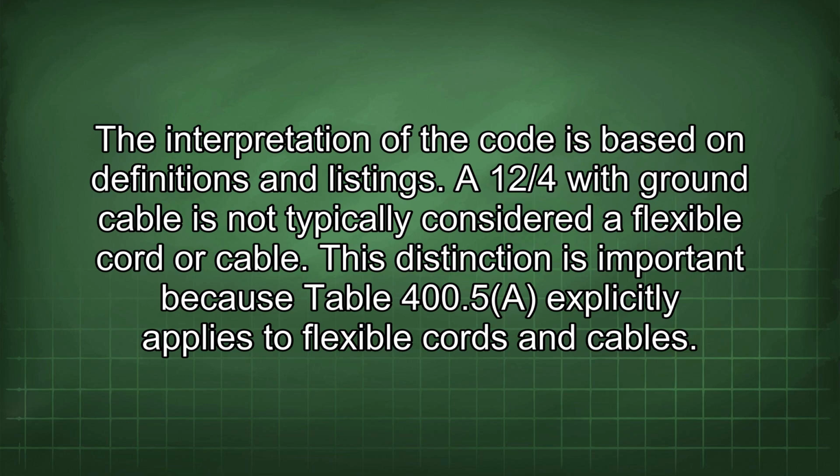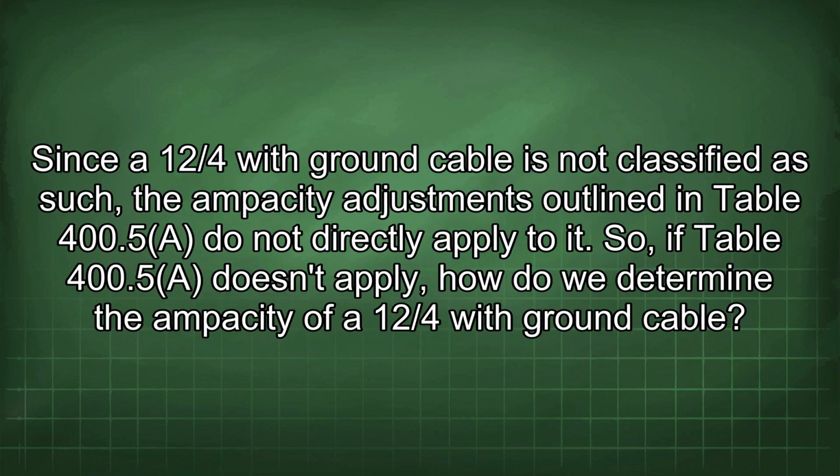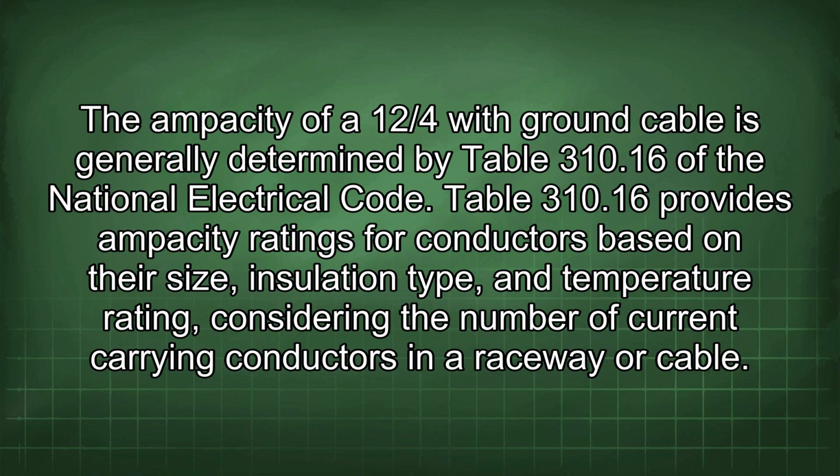This distinction is important because Table 400.5 explicitly applies to flexible cords and cables. Since a 12/4 with ground cable is not classified as such, the ampacity adjustments outlined in Table 400.5 do not directly apply to it. So, if Table 400.5 doesn't apply, how do we determine the ampacity of a 12/4 with ground cable? The ampacity of a 12/4 with ground cable is generally determined by Table 310.16 of the National Electrical